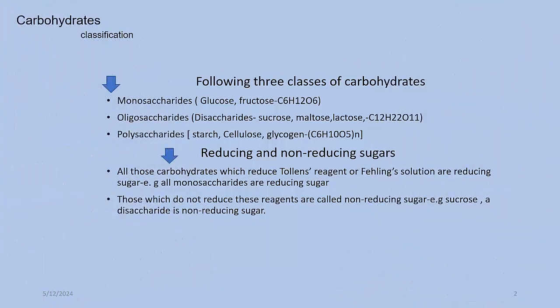Classification of carbohydrates is of two types. One is classification into monosaccharides, polysaccharides, oligosaccharides, etc. And the second one is reducing and non-reducing sugar. In the first case, monosaccharides, for example, glucose, fructose, etc., are the carbohydrates which on hydrolysis